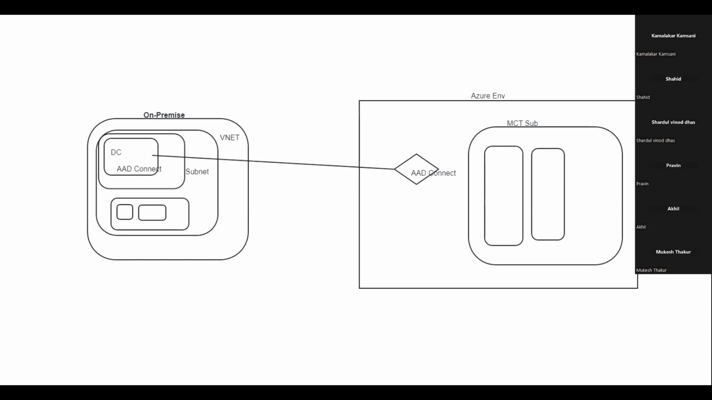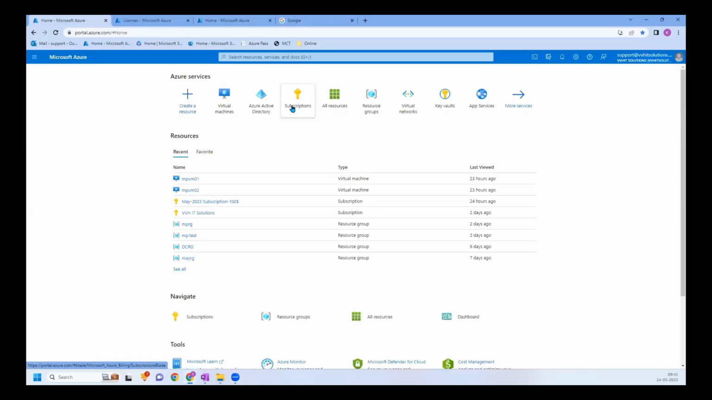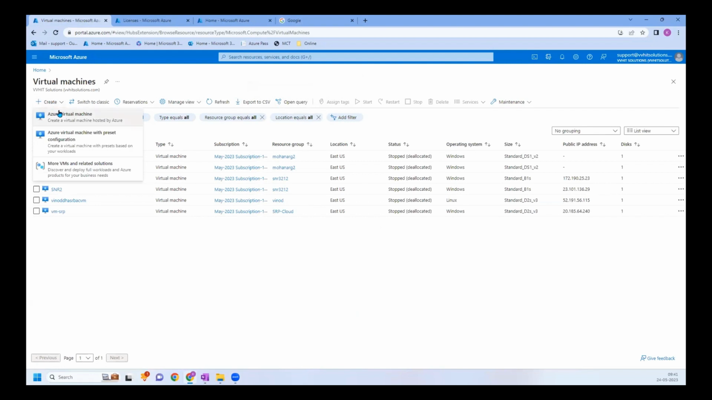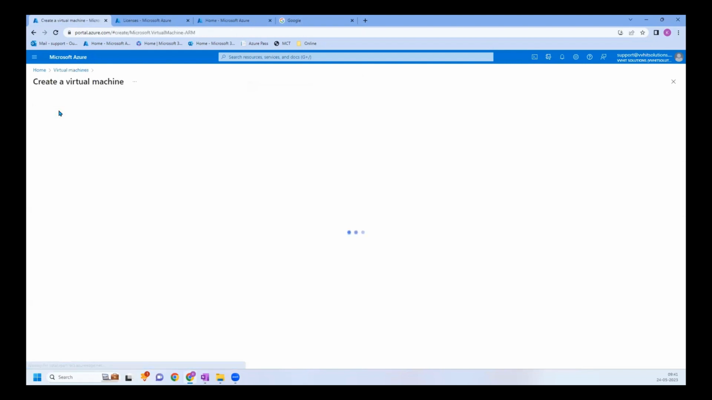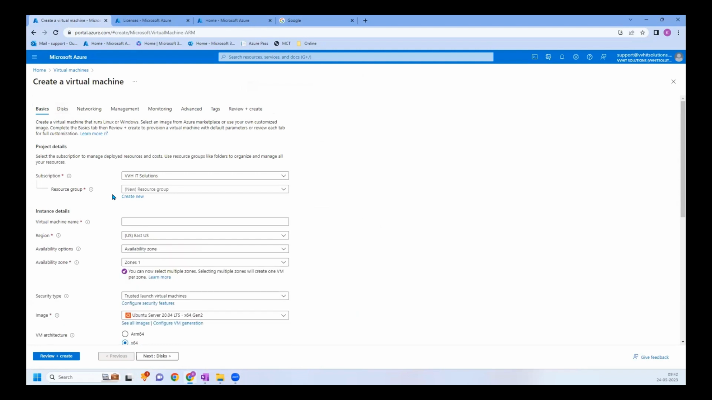Okay, so let me switch back to the screen share. And let me know if you're able to see. Can you guys see my screen? Azure portal? Yes. Okay, so now I'm going to set up my first VM, which is going to be our Active Directory